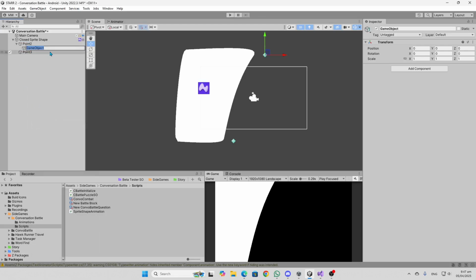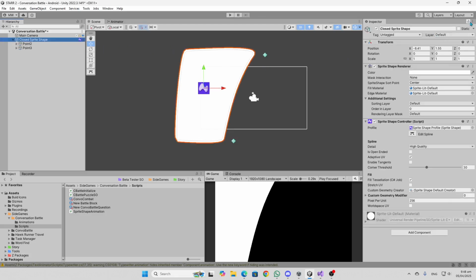So create empty. I should have actually created this before, but let's call it point 2 right tangent. Point 3, like I said, this is the left tangent. Okay, and I'm making these all child points. Why do we need that? It's because if we go back to our debug mode,